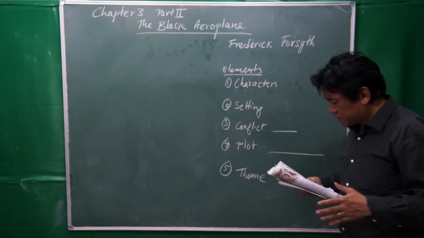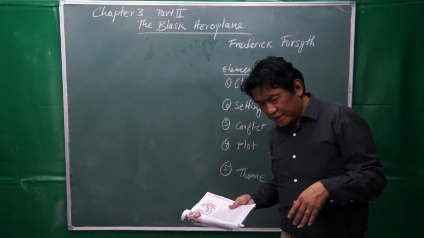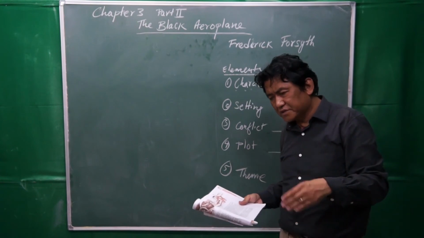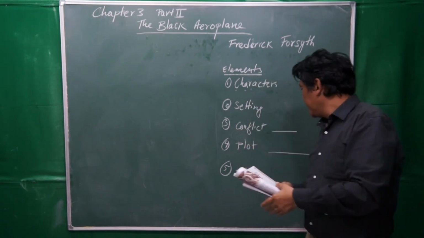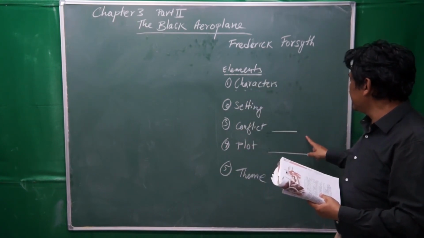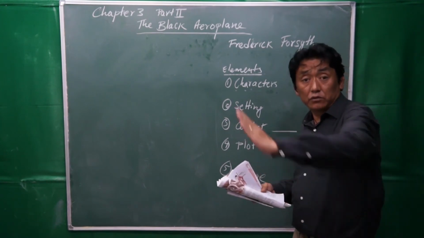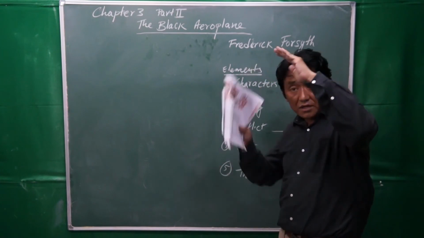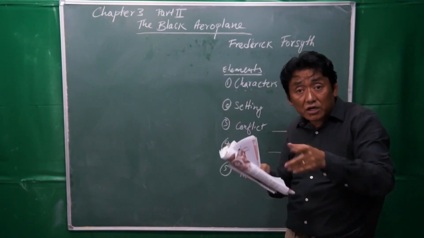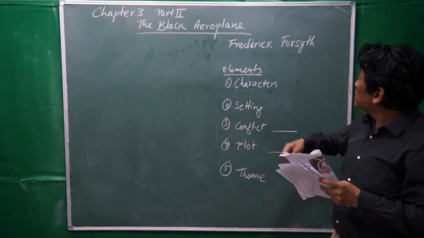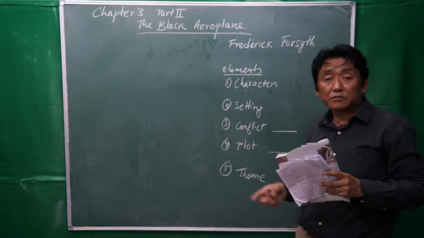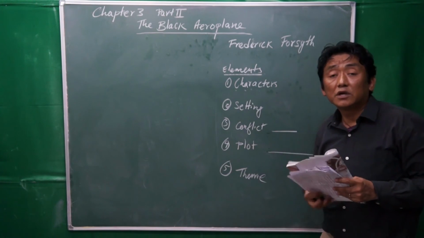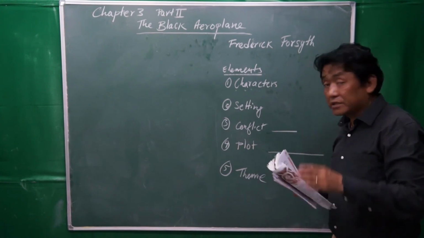Okay, and that is also a conflict, and that is also climax. And then this plot: the exposition, he was just happily satisfied flying over this countryside of France, going towards England, and then he met, goes on. There's a conflict there. There's a climax in the storm, and then resolution starts when the pilot of the black aeroplane helped him to get down to the airport safely. Okay. That is the resolution.